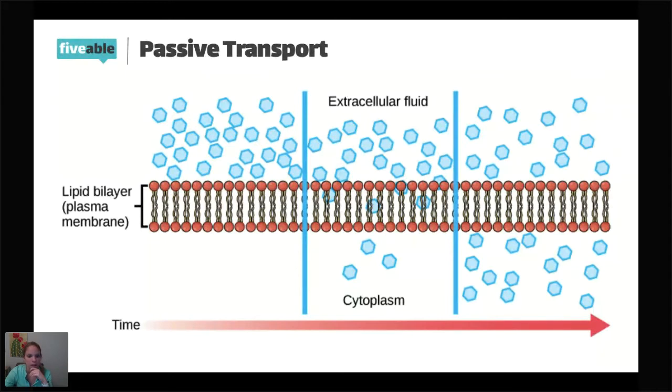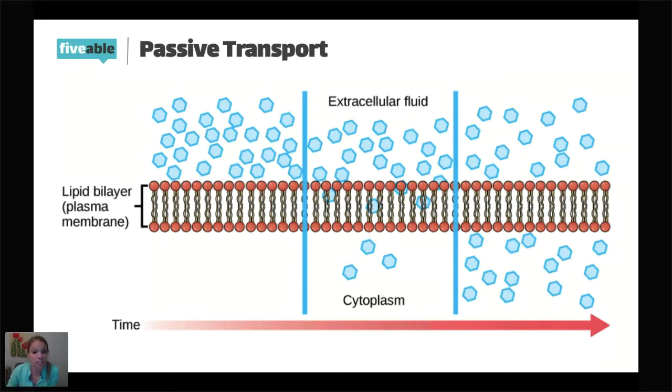But so we've got all these little hexagons. I'm going to say since it's a hexagon that it's a glucose. That's just the typical shape in biology that we draw glucose as. So I'm going to say this is sugar on the outside of the cell, the extracellular fluid. And let's say these are my cells. And I just drank a milkshake because I knew I would need some energy for you guys, to be perfectly frank. So I had my milkshake. I've got all this sugar. It's currently sitting in my belly, and I'm just waiting for it to process. But it's got to get into my cells to deliver that sugar.